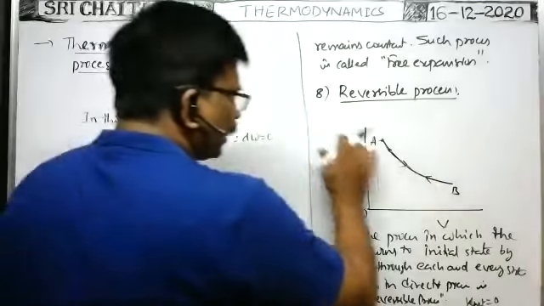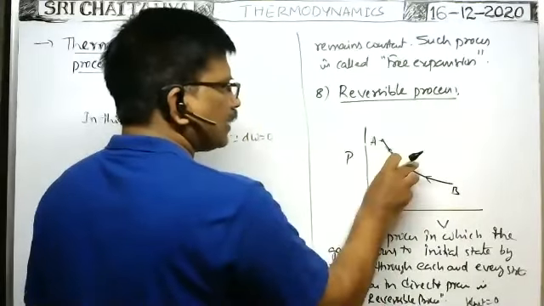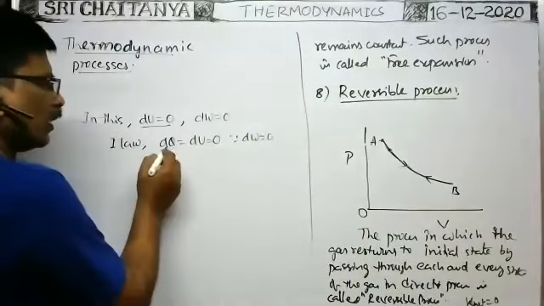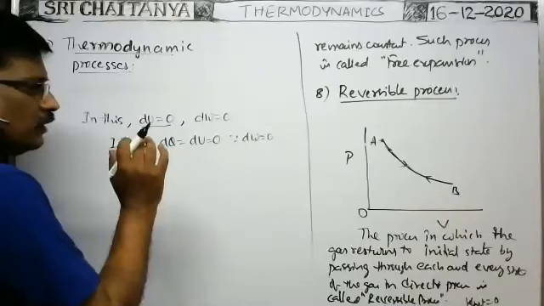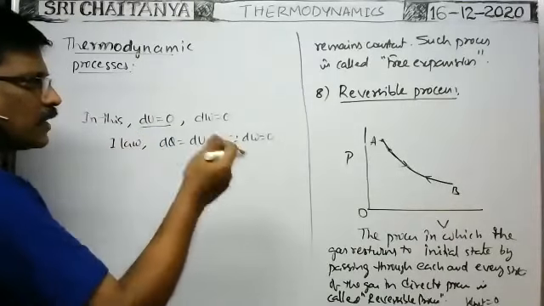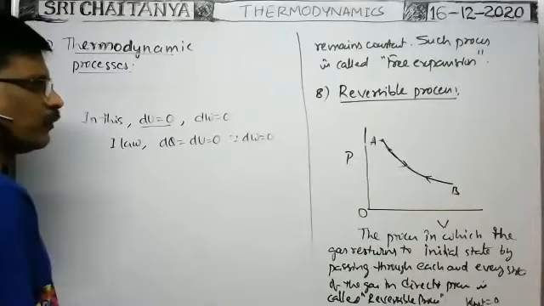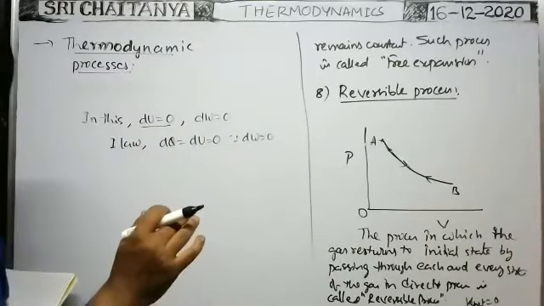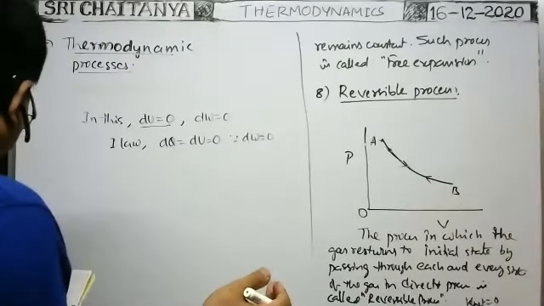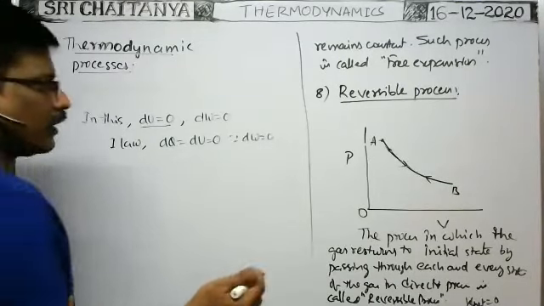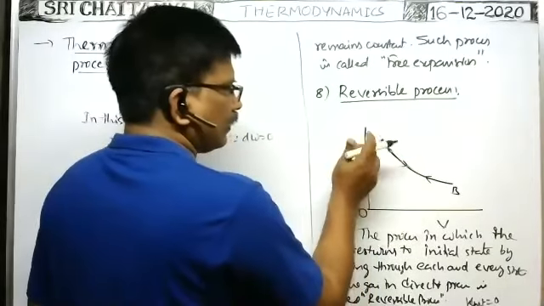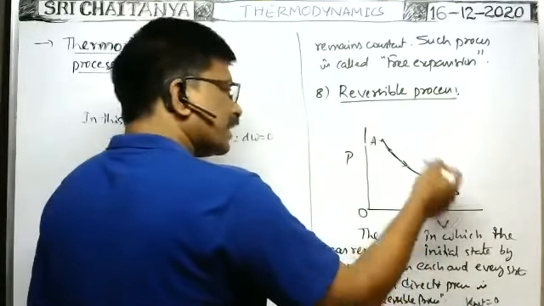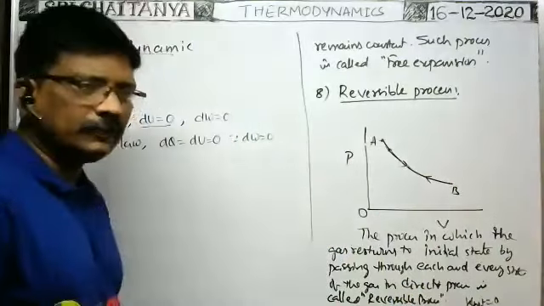That means in the direct process, when you supply heat energy, in the return process it releases the same amount of heat energy, so that the net heat energy transfer between system and surroundings is also equal to zero. That's why here the gas expands by itself without supplying heat energy. The gas expands and compresses and finally reaches the initial state. Without supply of heat energy, the system changes from A to B in the direct process and compresses by itself from B to A. Is it possible actually?